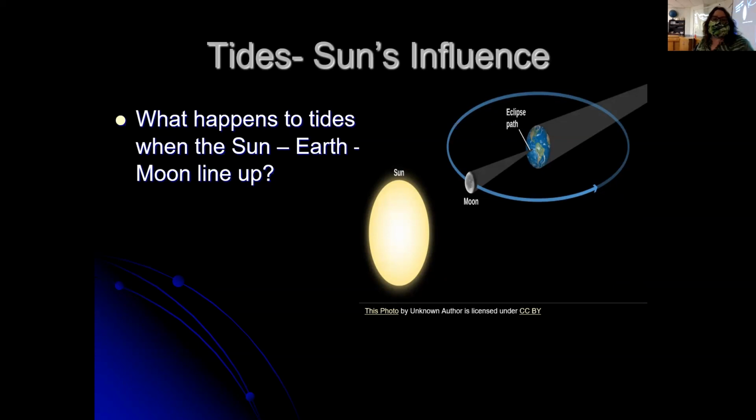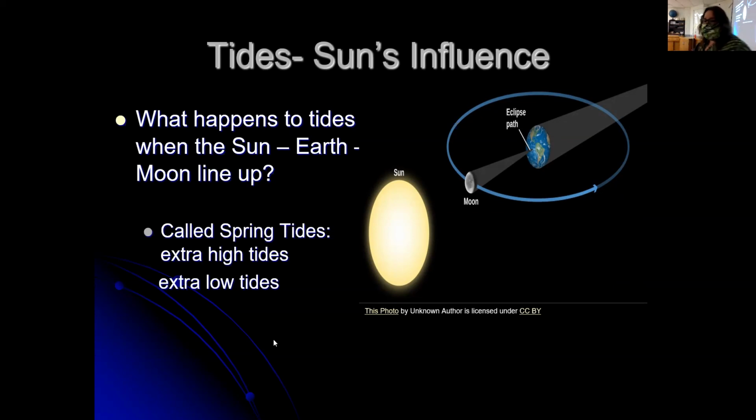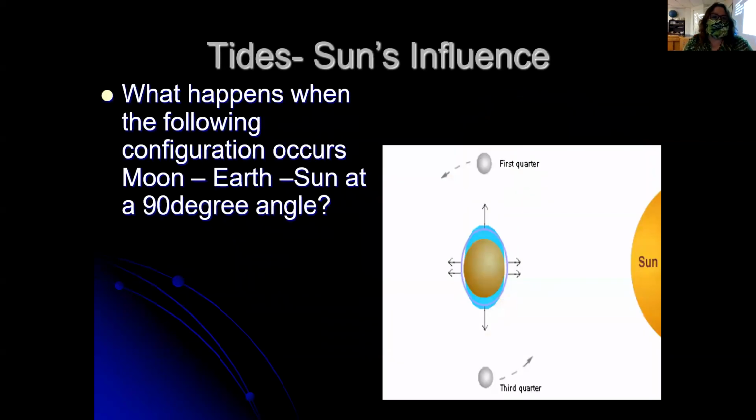So what happens to tides when the sun, earth, and moon line up? And this is what I was just talking to you about. When they line up, that's when we call them spring tides. Extra high tides, extra low tides. And again, with the first quarter and the third quarter,